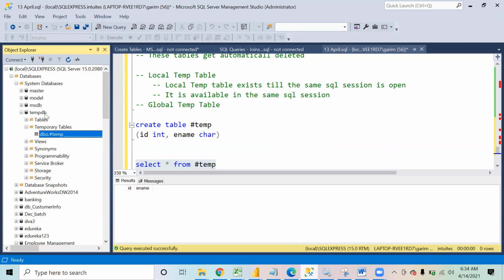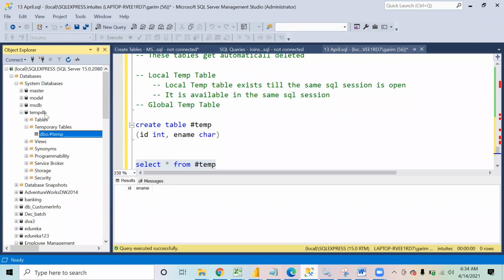When will this be required? In which case will the temporary tables be required? See, it totally depends on the requirement. Sometimes developers, while they import data, know that the data they would be importing from the data source will not be clean.